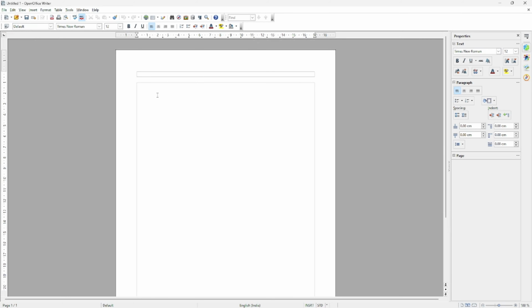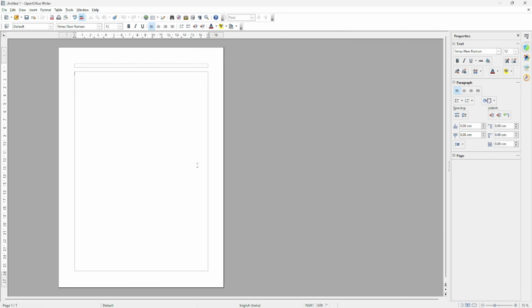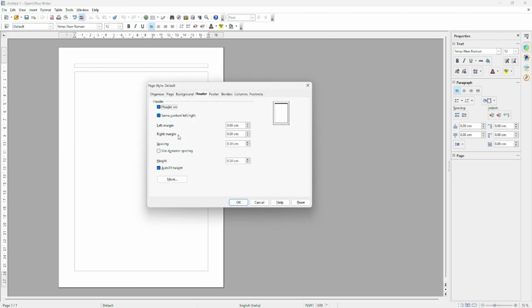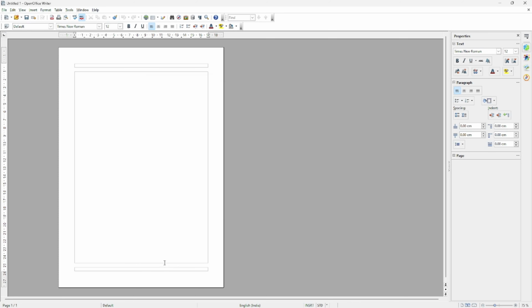First I will shrink this screen so you can see header and footer on the same page, correct? This is header, this is page. Do you see any footer? No. Now we will add footer. Format, page, then we will go to footer. By default it is off, meaning it is not present there. When I click, it will appear. See, it appears, and if you want to change the setting, you can change. Okay, you can see now the footer has appeared.